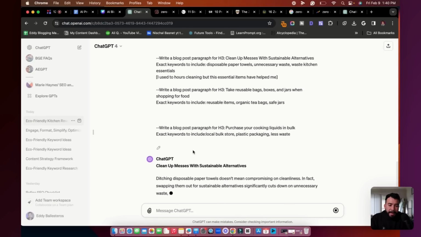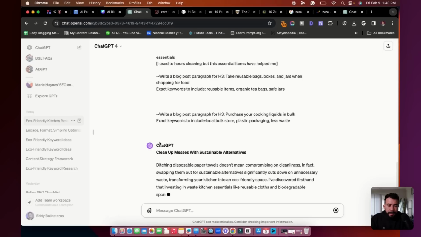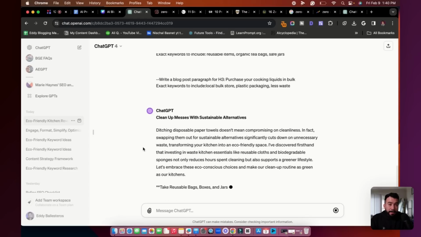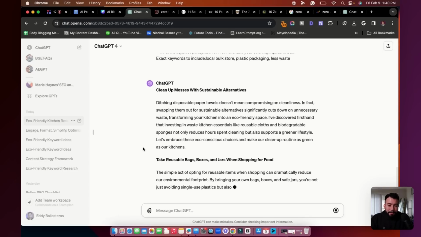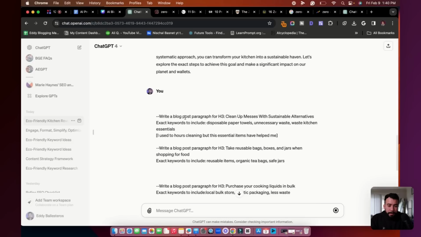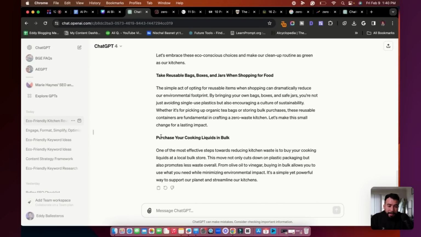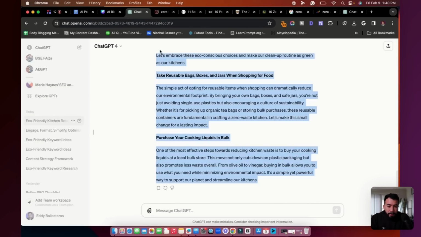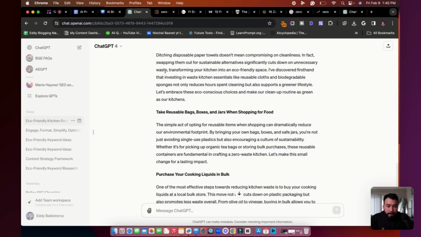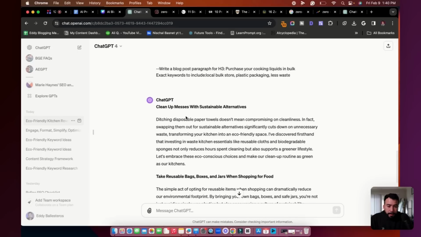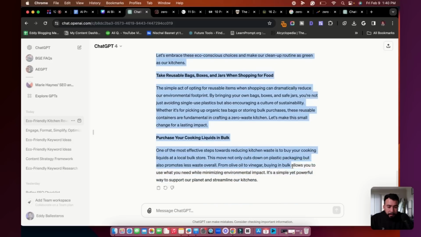All right, so I went ahead and added for all 3 of the headings. So you can see that it's writing all of the paragraphs for us, and it's using the keywords. And also if you had any brackets where you included personal experience, this is where that will show up. So I think it's already doing a pretty good job. One thing you can do also is, again, change the word count if you want it to be longer or shorter. So you can see this is looking pretty good.